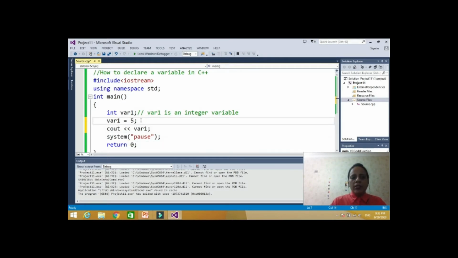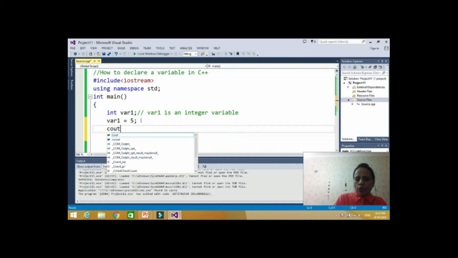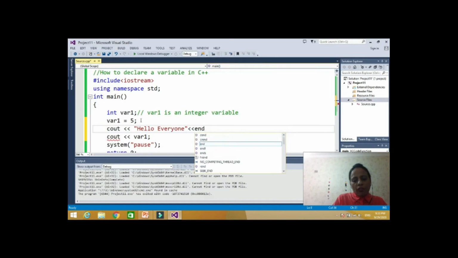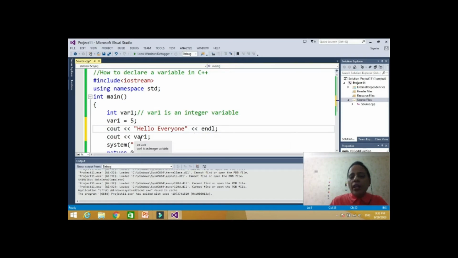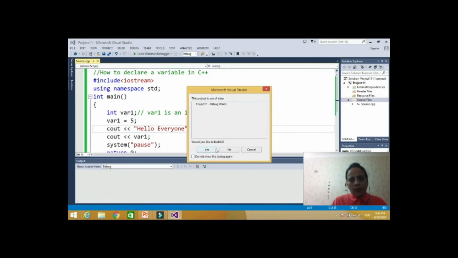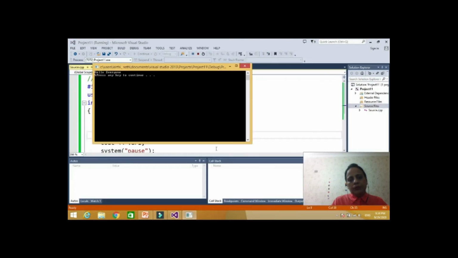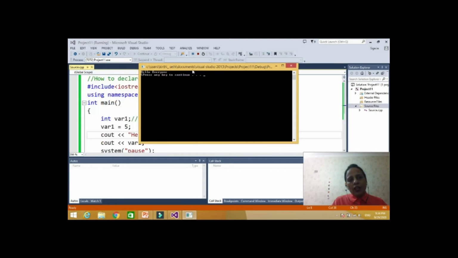Earlier when I printed good morning or hello everyone, if I want to print a string on the screen, we put it in double quotes. But for a variable, we simply write the variable name. We do not need these double quotes. So let's check it. See, hello everyone and 5.